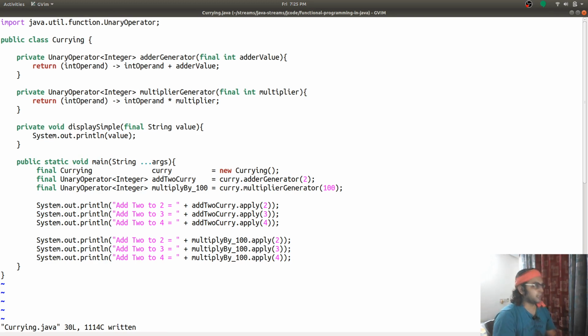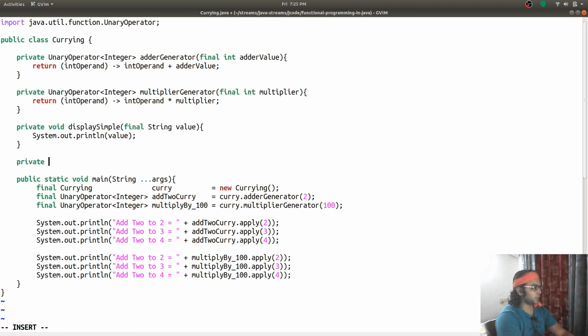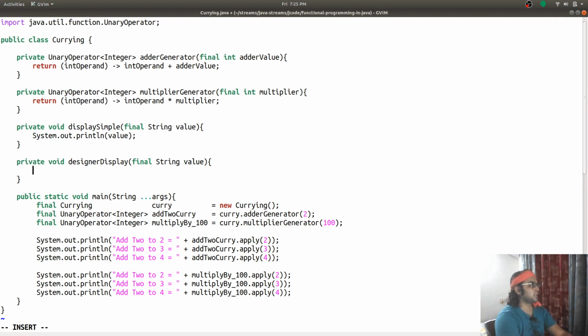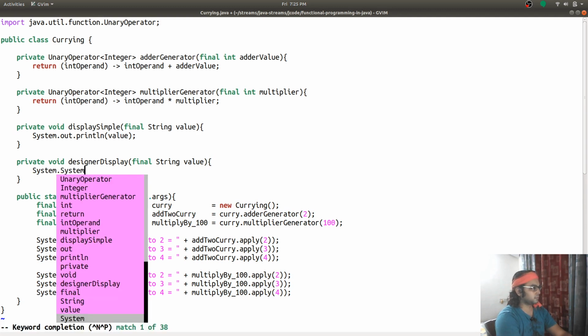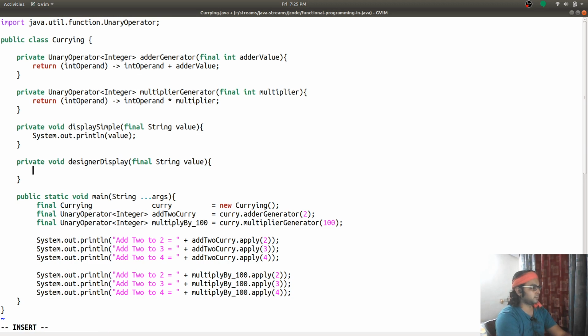And I can have something like designer display that takes a final string value like above, but does some extra work before printing that value.